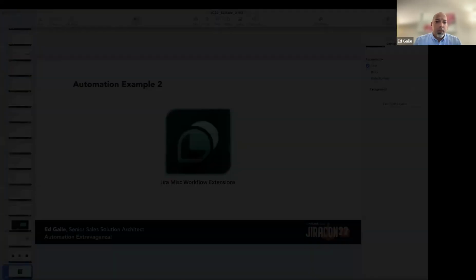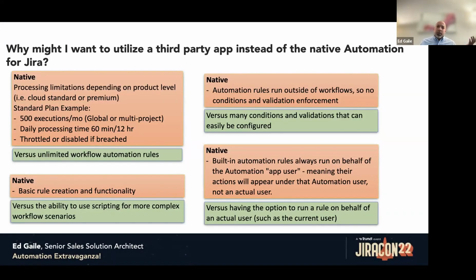Let's get back here. All right, so just some thoughts on why, obviously, you can use the native automation for Jira. Why might I want to use a third-party app to extend automation? A couple reasons. Especially with your cloud instances of automation for Jira, you're going to have some limitations as far as processing. You can breach these kinds of limitations. For standard cloud, you have 500 executions a month. For global or multi-project, depending on the project, you could blast through that within an hour. And if you do, your automation will be throttled or disabled, versus a third-party app that uses workflow automations, unlimited